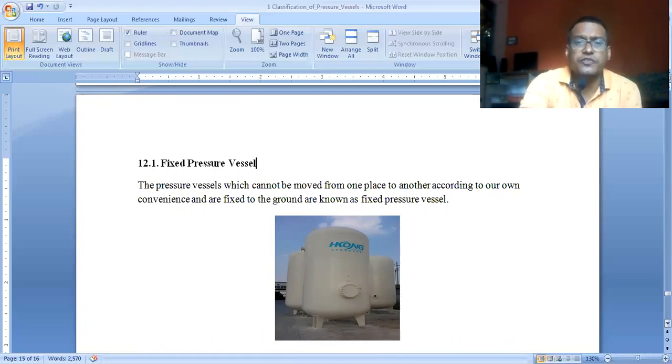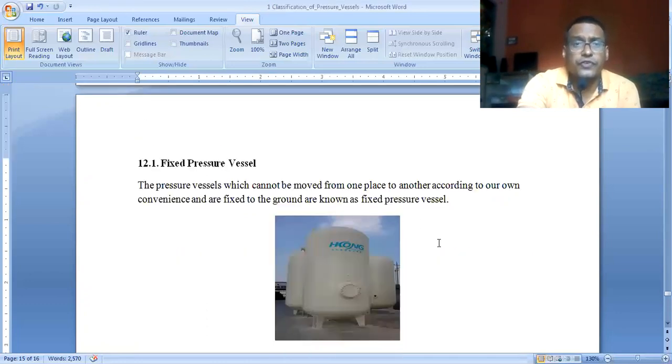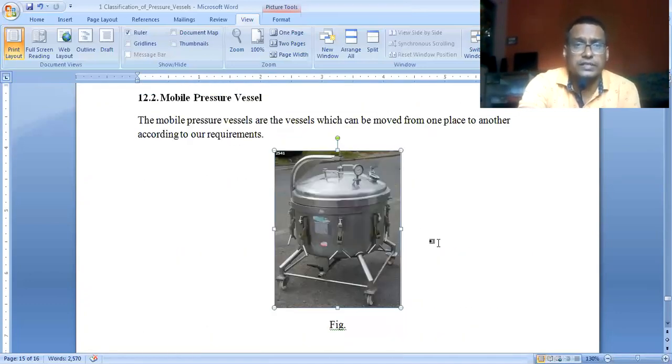Mostly it is the fixed pressure vessels. They are used in the industries. However, you require the mobile vessels for transportation purpose. In case of railway wagons, on the trucks, and similarly in case of the small industries, pharmaceutical industries, or in case of hospital industries. This is what the autoclave is, one can see the autoclave which is used in the hospitals. So these are the different fixed vessels and the mobile vessels.